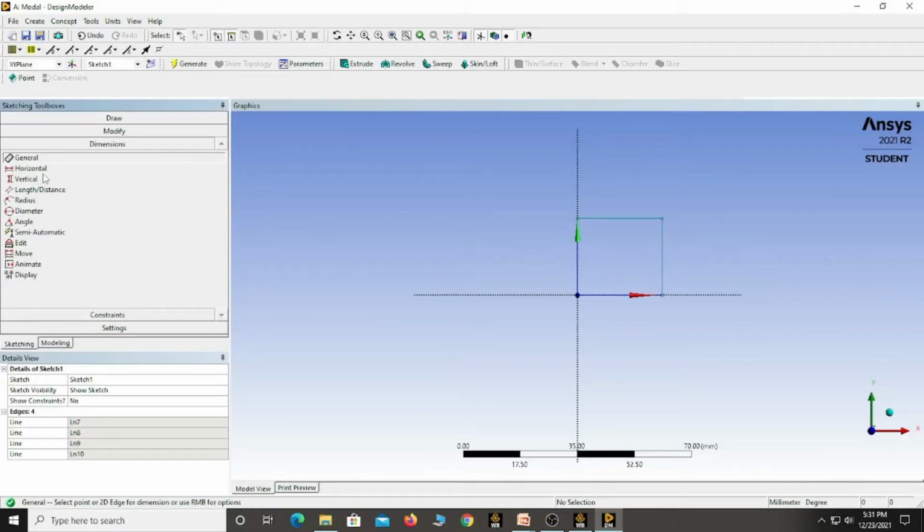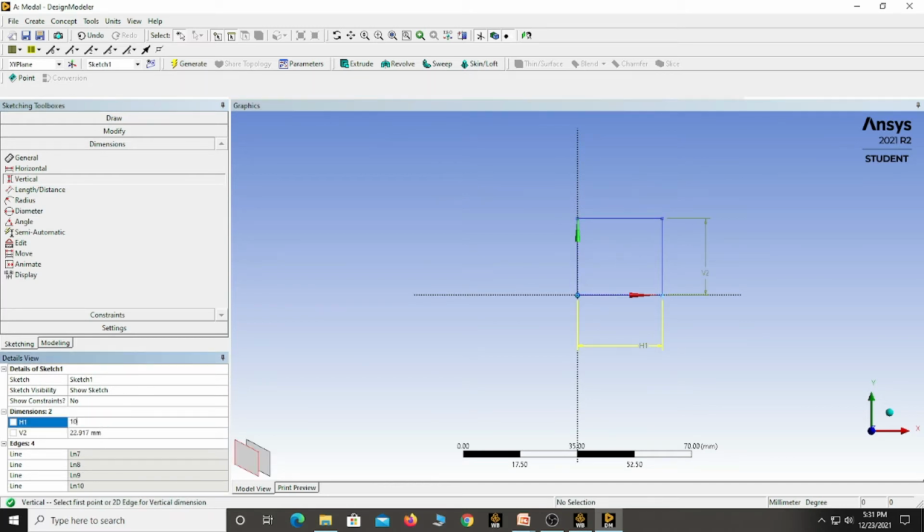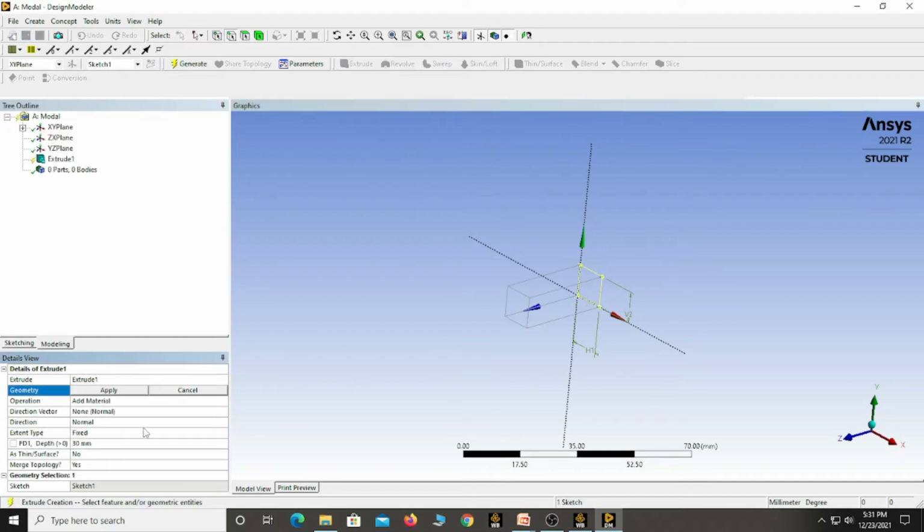So define horizontal and vertical dimension. Then extrude. Here you can define the extrude length, which means the length of the beam. Generate.